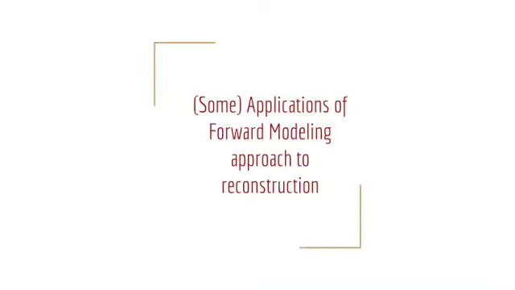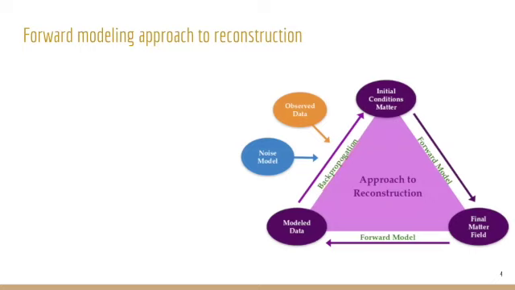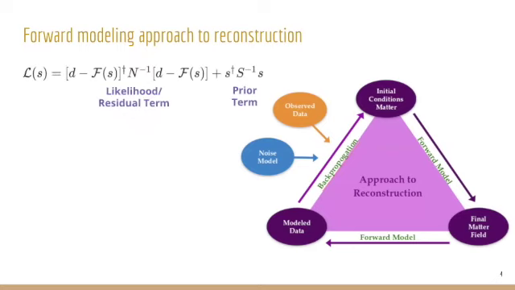Right, so basically what I mean by forward model reconstruction is essentially you start with the initial conditions of the universe, you forward model with PM or other simulations to the final matter field, and then use a bias model or any other kind of model you're interested in to model whatever data you're observing. And then you compare the model data with the observations you have given a noise model to write down the posterior for the initial conditions. So in this case, if your noise model is Gaussian, you'll have a likelihood term like this, plus the prior on the initial conditions, which is always Gaussian.